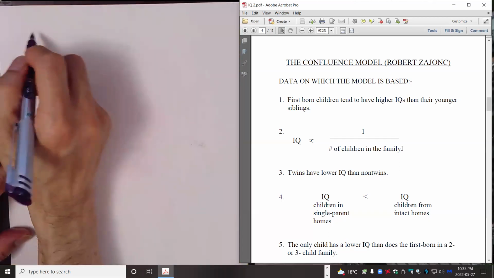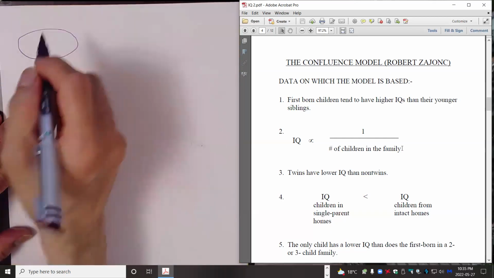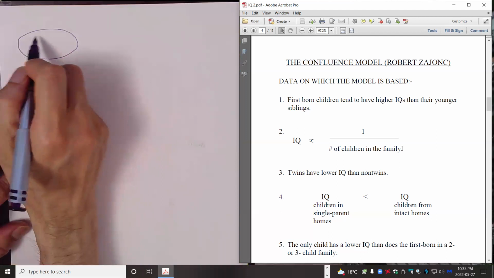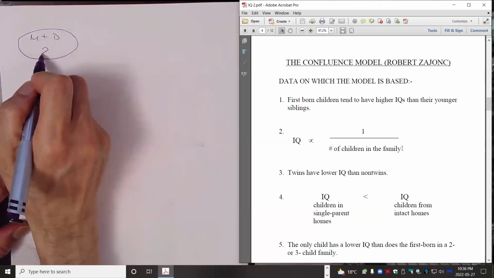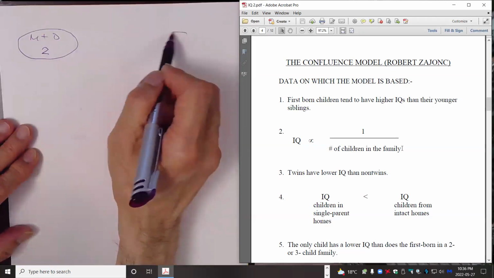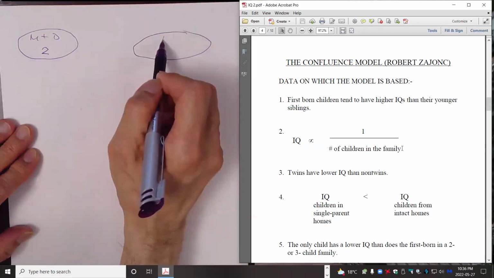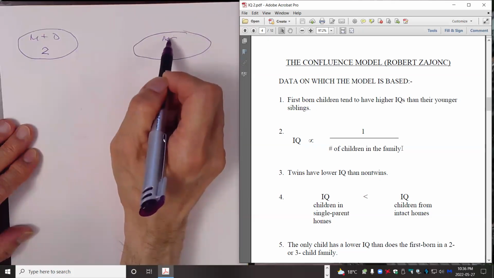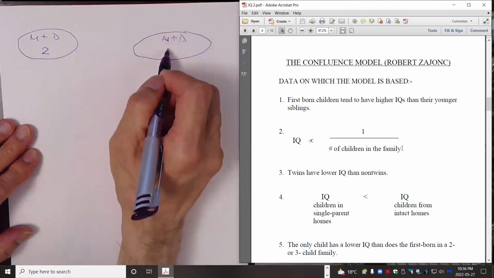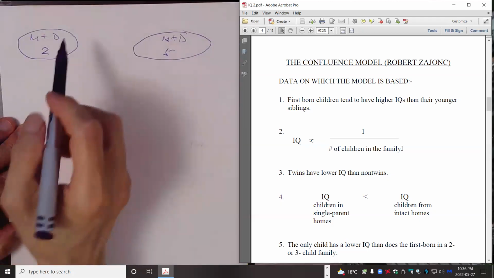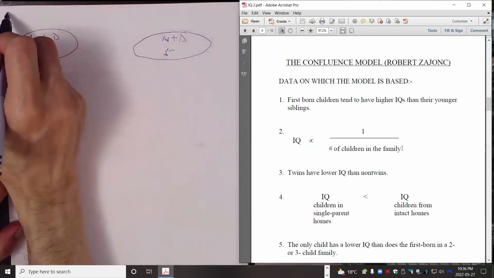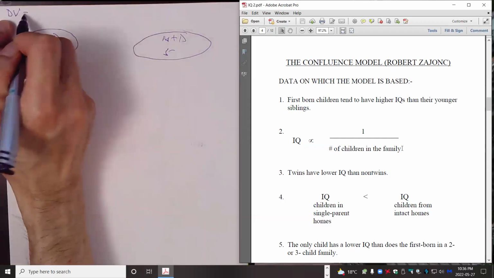Let's say this family has the mom and dad, 2 children. And this one, mom and dad, 5 children. And in general, the average IQ, I'm talking about the dependent variable, of this